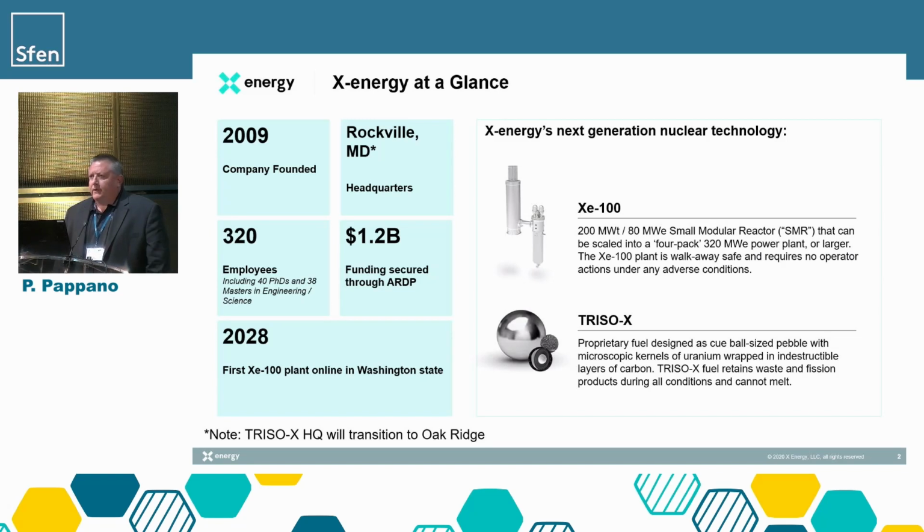A fellow colleague talked about ARDP on this panel, and I think one of the first panels of the conference talked about that. ARDP was actually 3 tiers. The first tier was demonstrating an advanced reactor, putting power to the grid. TerraPower, Natrium, and X-Energy were selected for that. I'll be talking a lot about TRISO-X and fuel because the project for ARDP for us involves